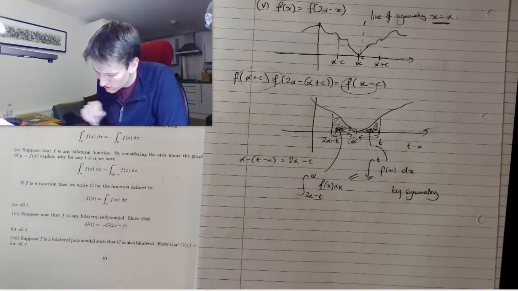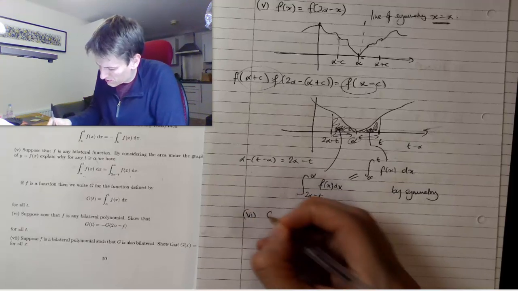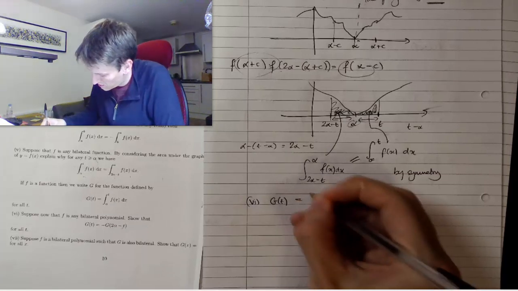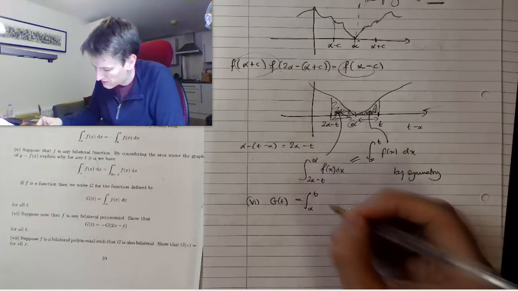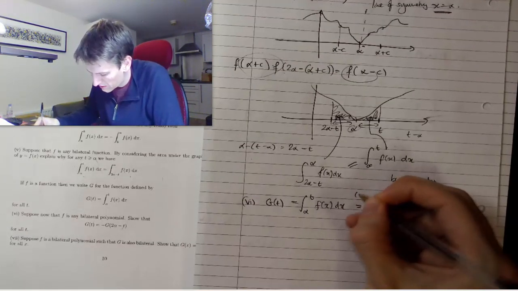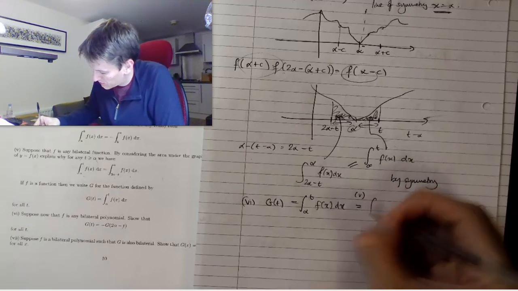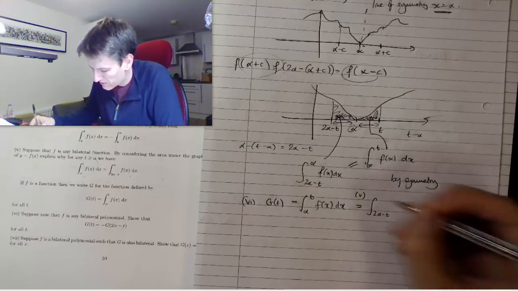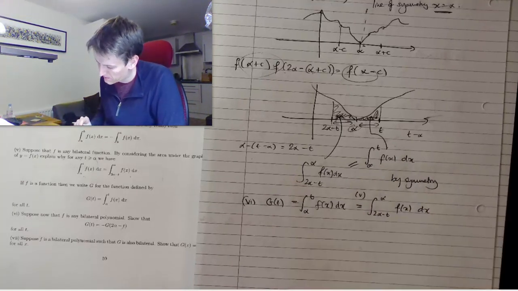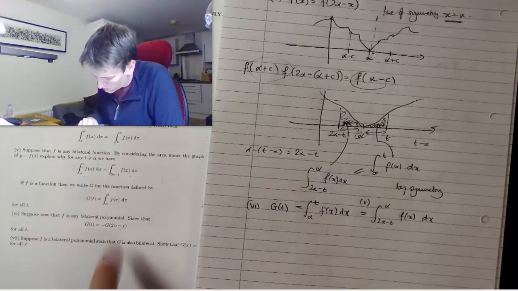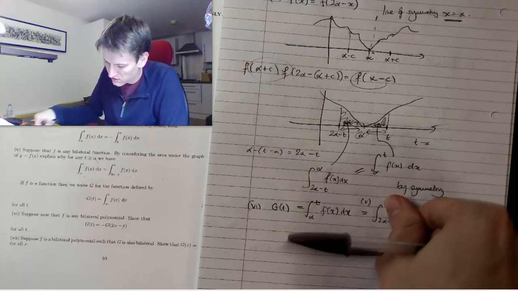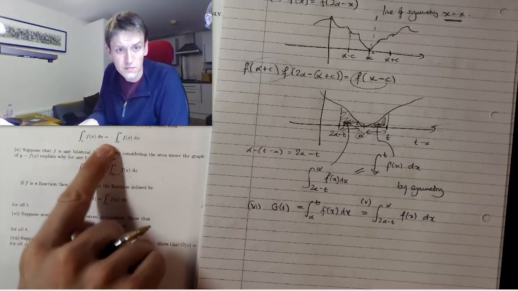Okay, so we're going to try and piece these things together, and we'll just start by saying g of t is equal to the integral between alpha and t of f of x dx, which by part 5 here is equal to the integral between 2 alpha minus t and alpha of f of x dx. Now that's not quite the definition of g of 2 alpha minus t. For that we would have to have these limits reversed, and of course in the previous part, in part 4,